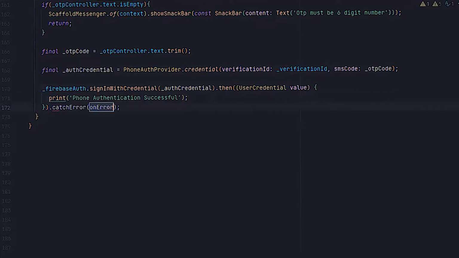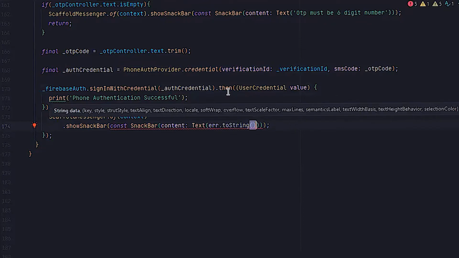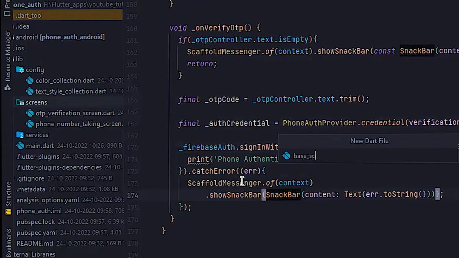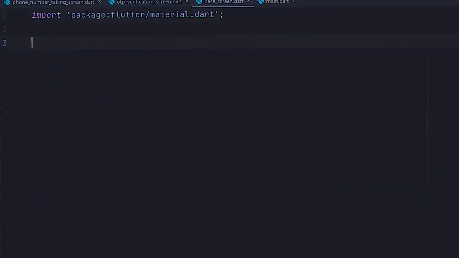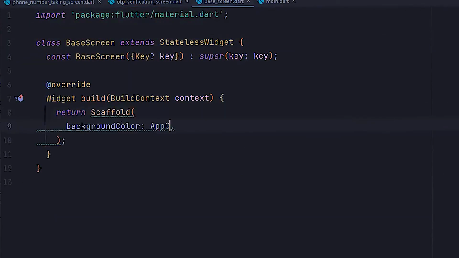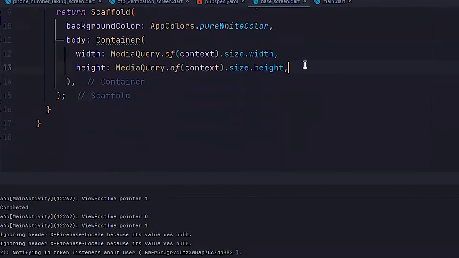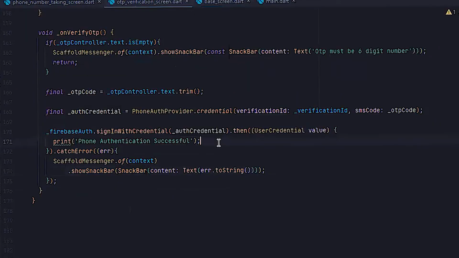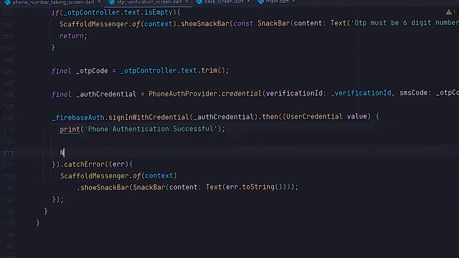If there is any error during that process, the error will be triggered here and we have to show the error. So what we can do is write error.toString. Okay, and we can make it more suitable, just like make a new screen, and this is a simple screen. So when the phone authentication is successful, then